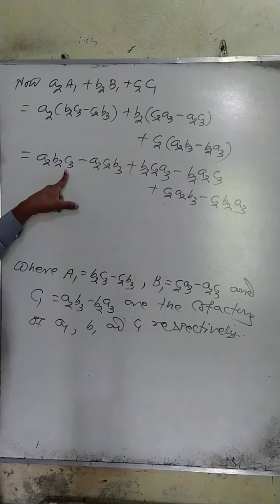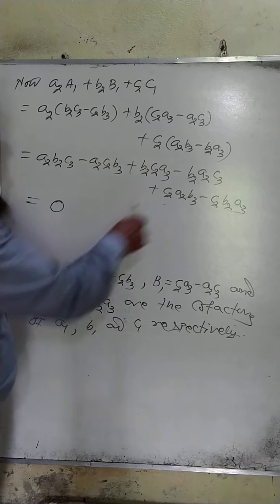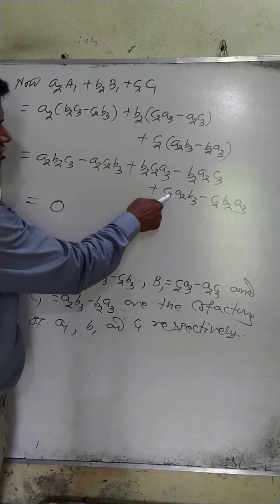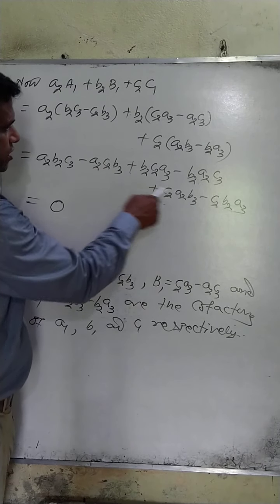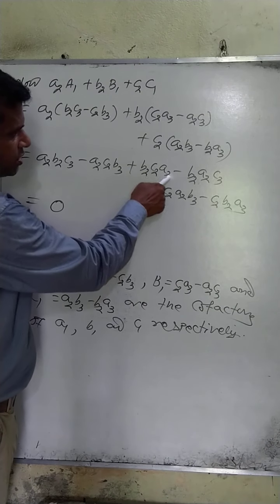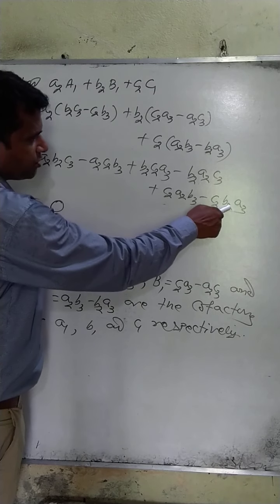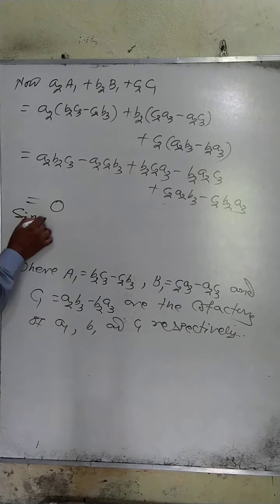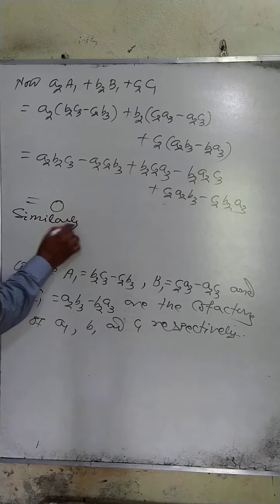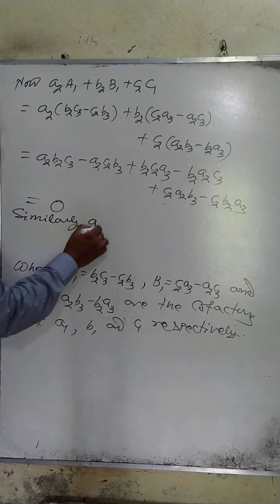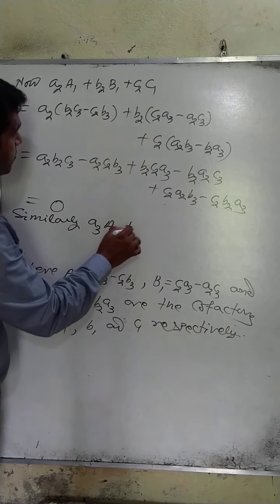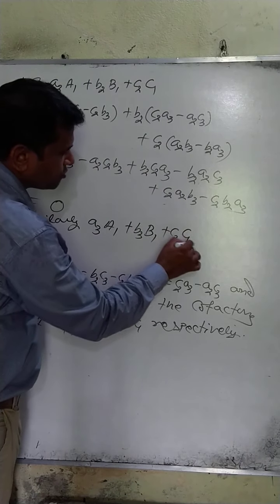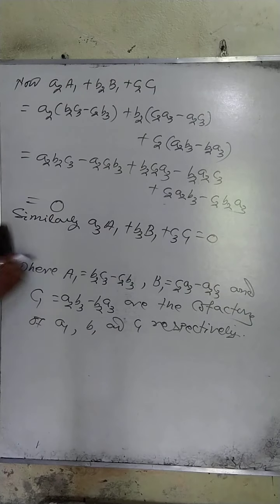Similarly, A3 capital A1 plus B3 capital B1 plus C3 capital C1 is equal to 0. Okay,